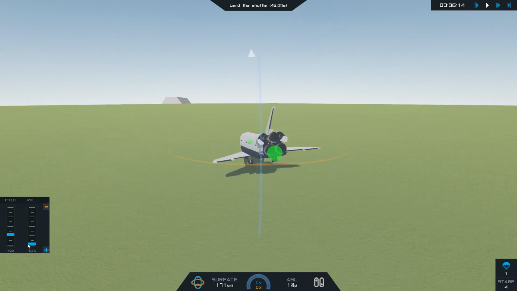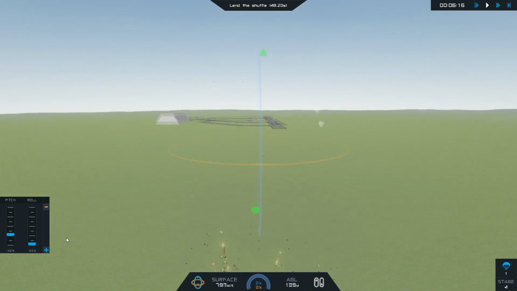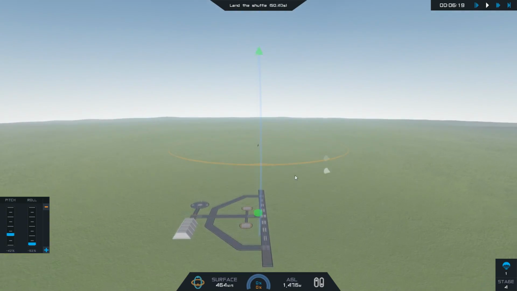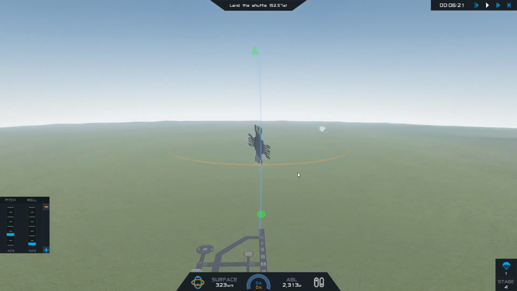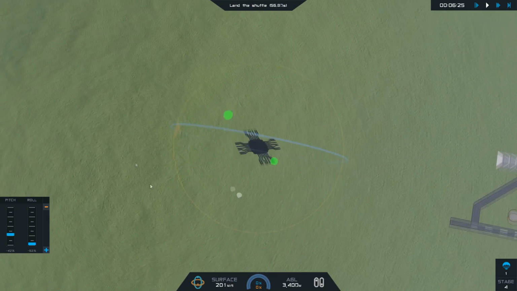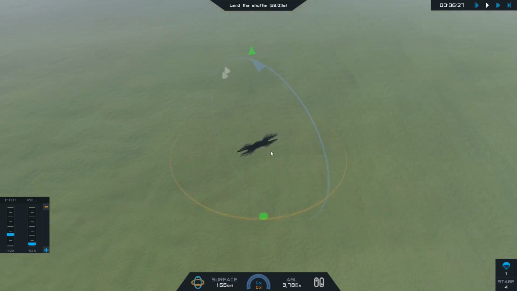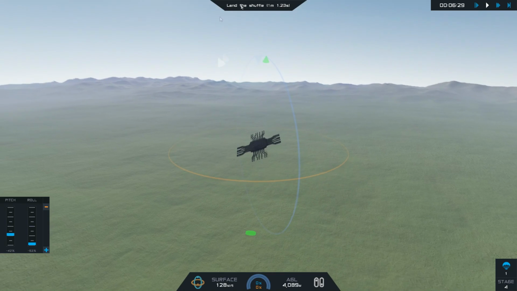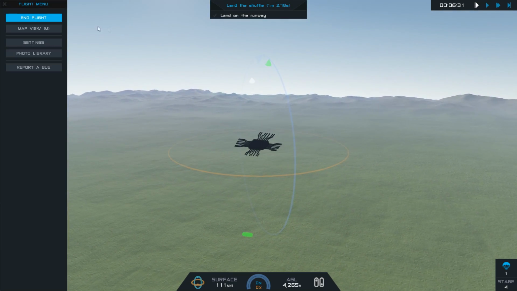Okay, having some issues with roll here. Uh-oh. And the CPU punches out. It's nice that the AI that controls this thing has the wherewithal to eject itself so that it may live to fly another day. Okay, let's flight